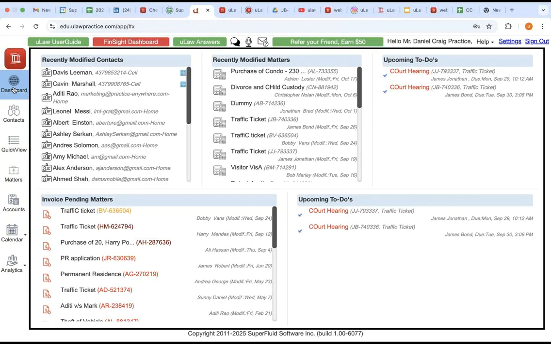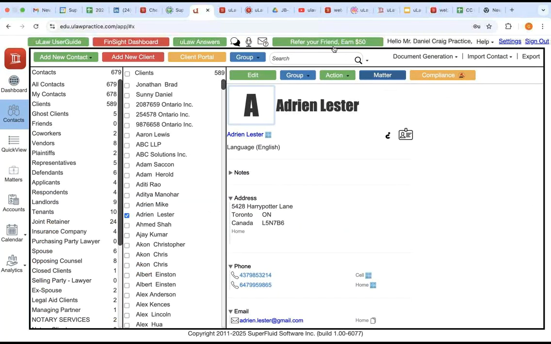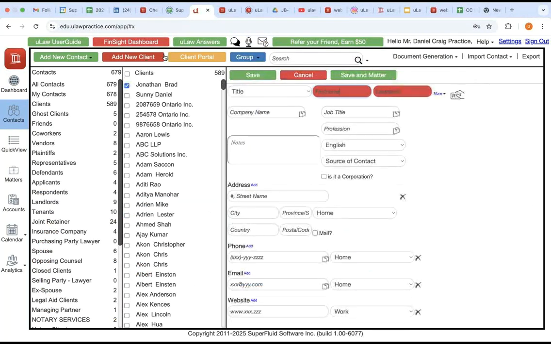So I would like to walk you all through some of these important points that we discussed today to be able to achieve and add them into your books. Starting off with, let's say, I'm taking a contact here.